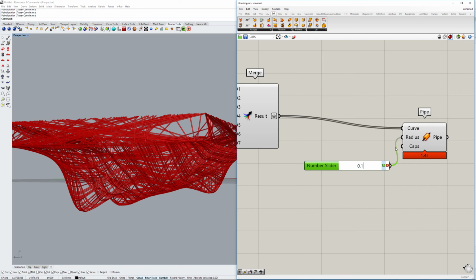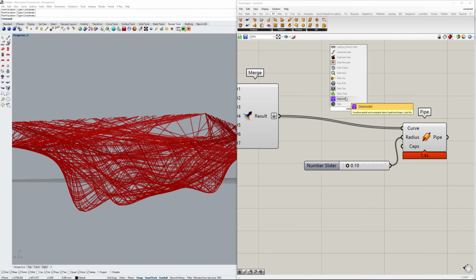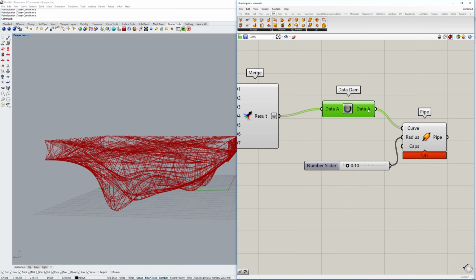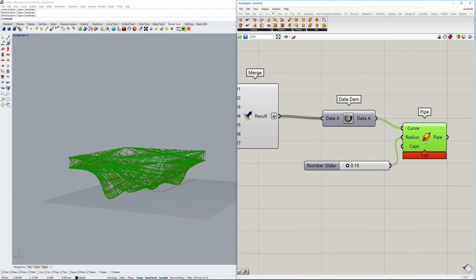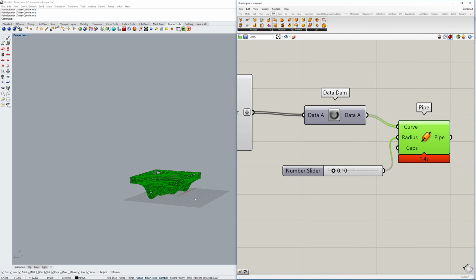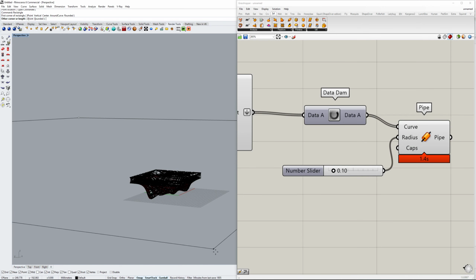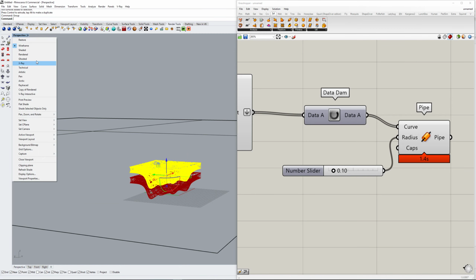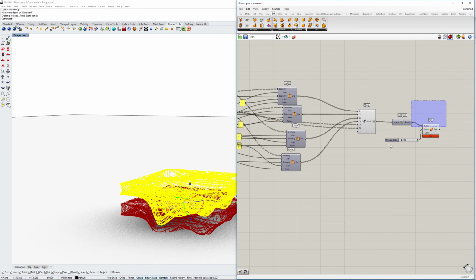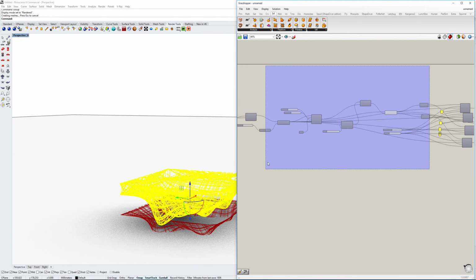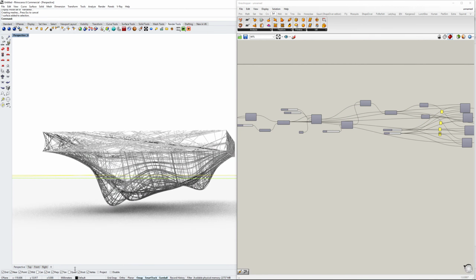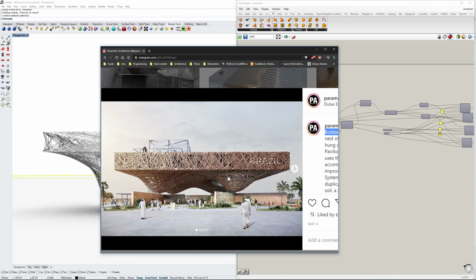This is something you should rather only do in the end, so you can maybe put a data dam in there as well, so you don't activate it by accident. So yeah, now you basically have your thing, and you can simply bake it. And when we create a surface under it in the Grasshopper or in the Rhino environment, we can look at it in the rendered view and deactivate that here. And yeah, I would say we're very close to the original that we had here, more or less,